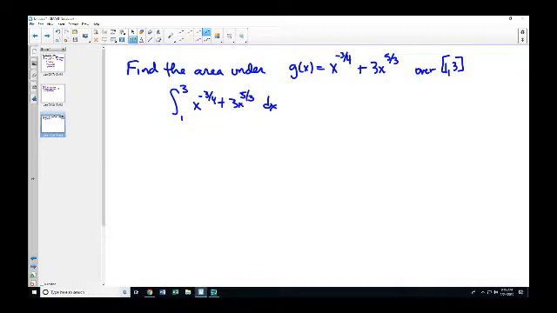All right, so what is the antiderivative of this statement? x to the 1/4. Yeah, add 1, right? x to the 1/4 over 1, okay. Plus 3x to the 8/3 over 8/3, evaluated from